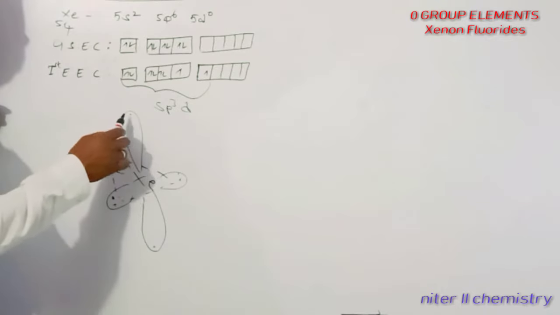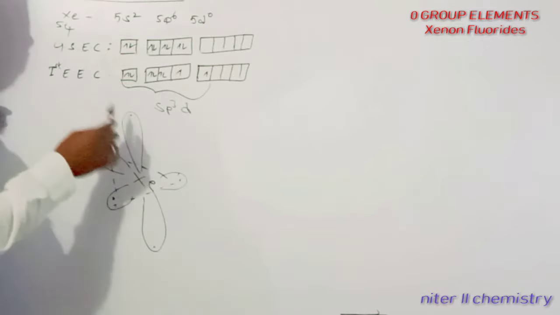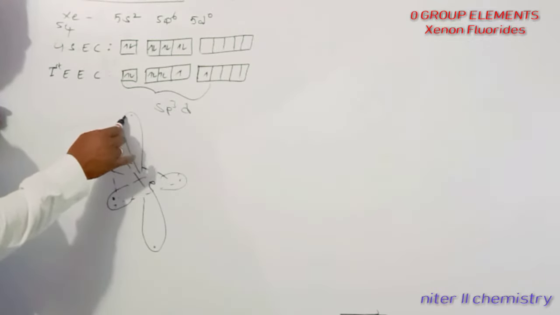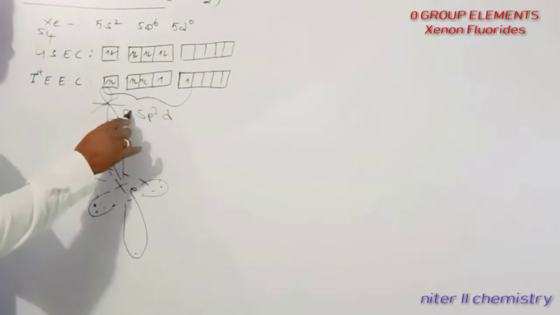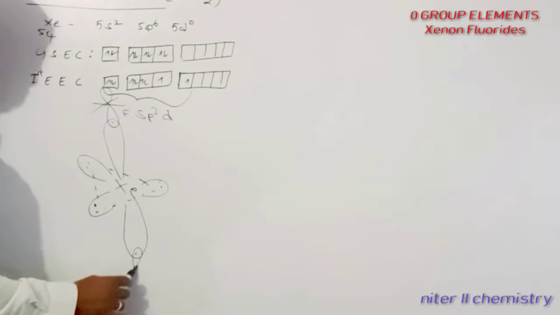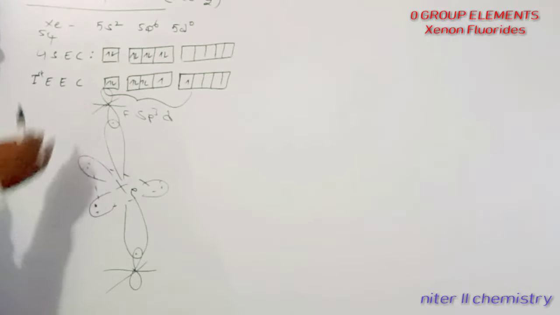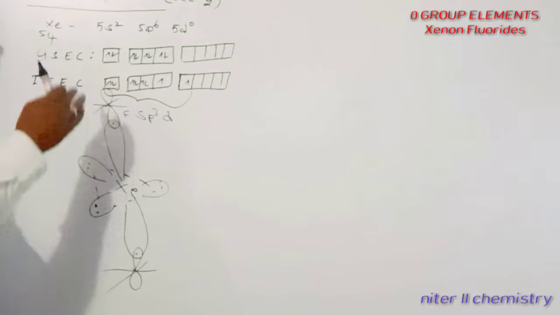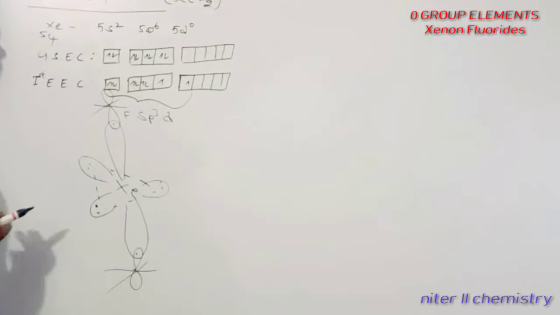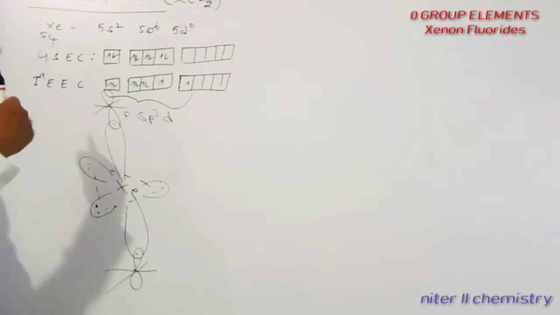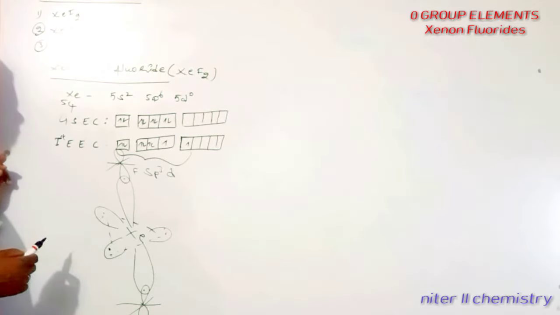These unpaired electrons of the sp3d orbitals of xenon overlap with the 2pz orbital of chlorine and also another chlorine. Those unpaired electrons of the sp3d hybrid orbitals at xenon overlap with the unpaired electrons of the 2pz orbitals of two chlorine atoms separately. Then we get 2 sp3d-p sigma bonds.